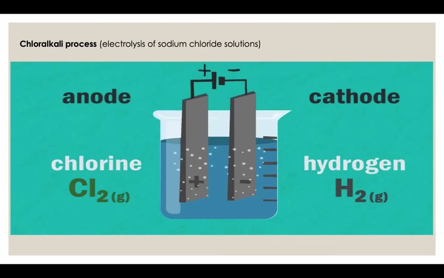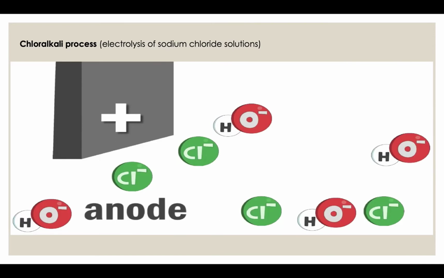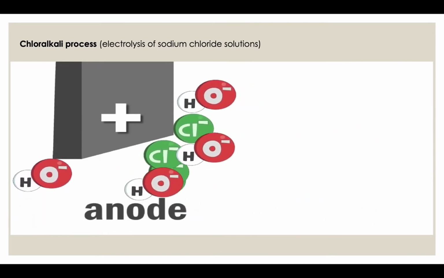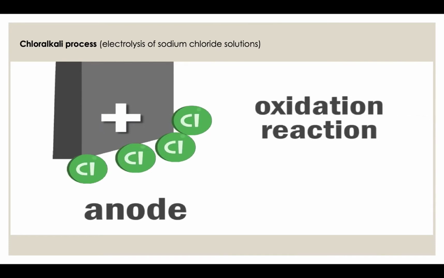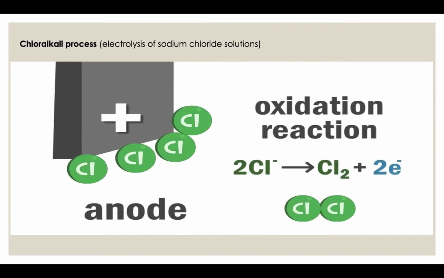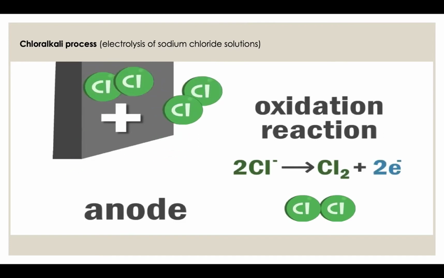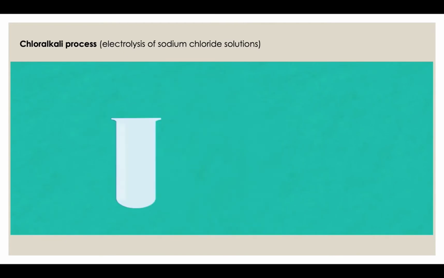Did you get it right? Let's look at what's going on at each electrode. The anode is positive and attracts the negative chloride and hydroxide ions. The chloride ions give up their electrons to the anode and are oxidized to chlorine molecules. 2 Cl- ions need to be oxidized to make a diatomic chlorine molecule, and 2 free electrons are produced. The electrons are given up to the anode, and the chlorine gas bubbles up to the surface of the cell. If you collected the gas from the anode in a test tube, then you would be able to see the pale green color of the chlorine gas. It will turn blue litmus paper red, showing that it is acidic, and then it bleaches it.